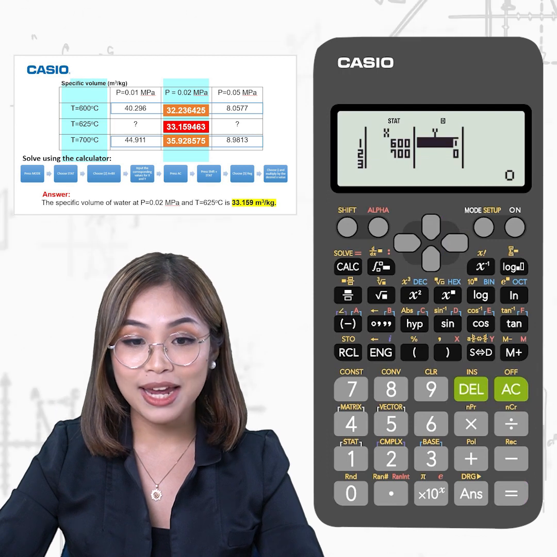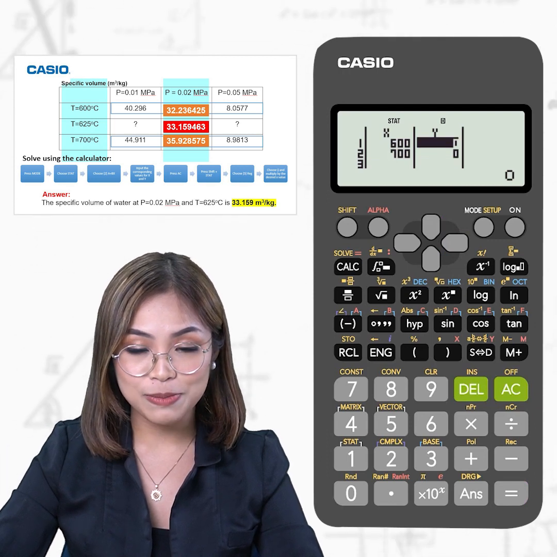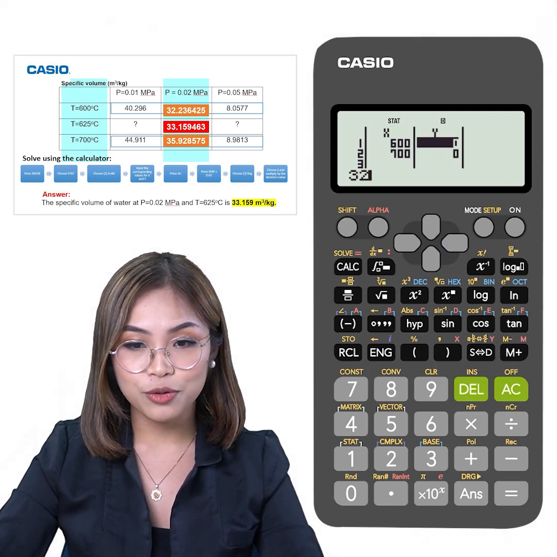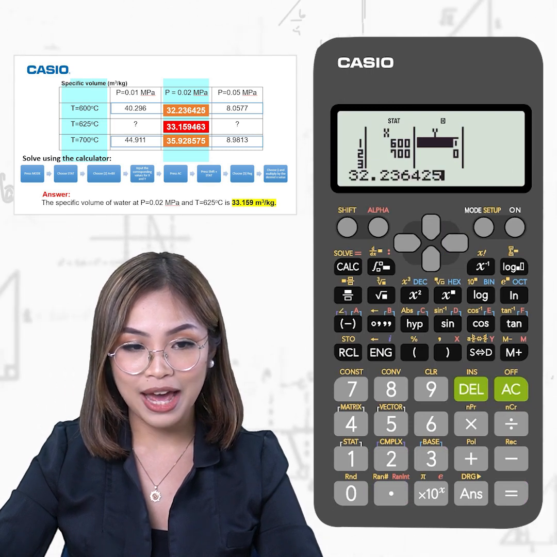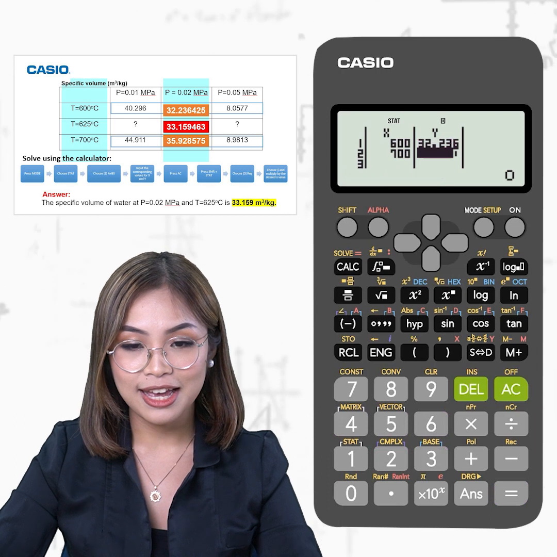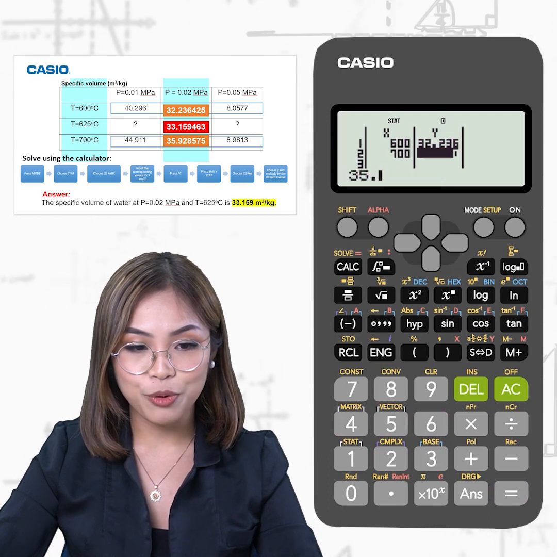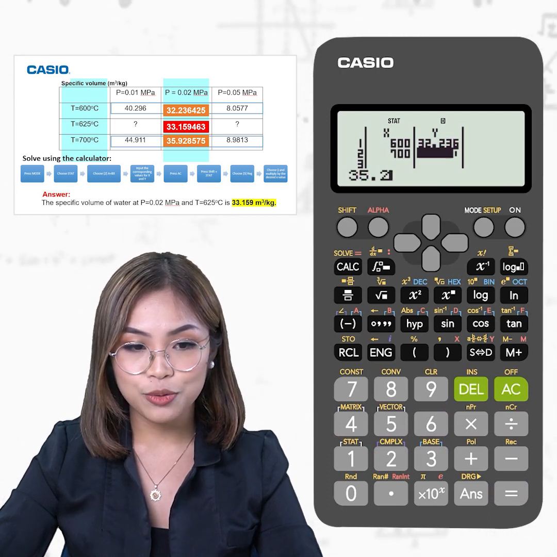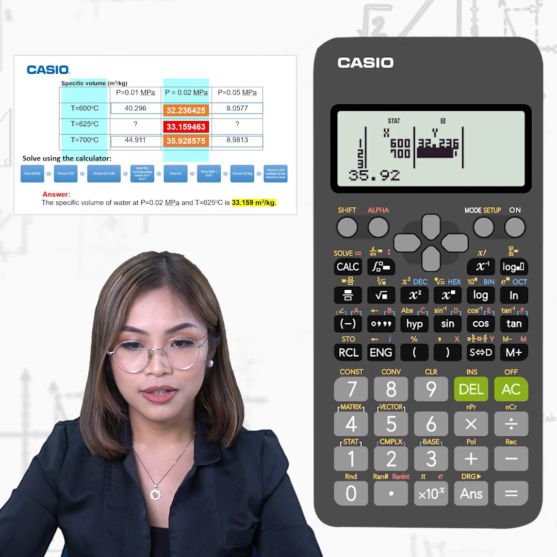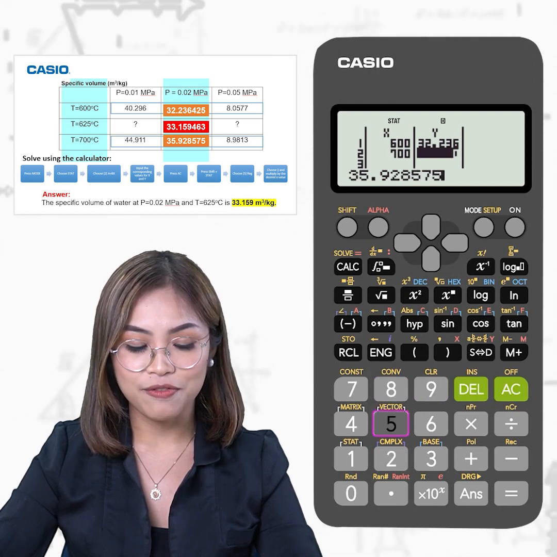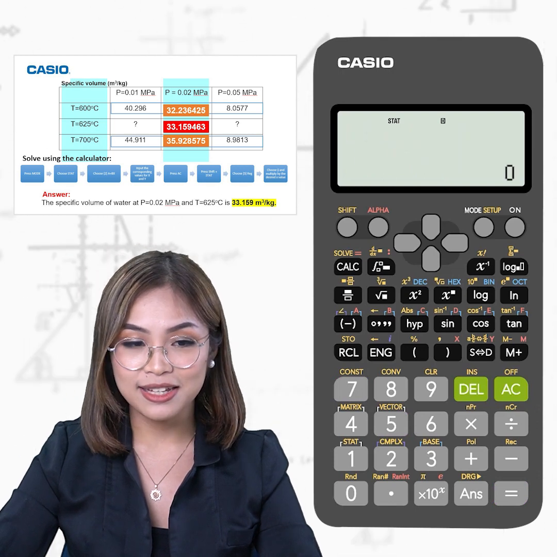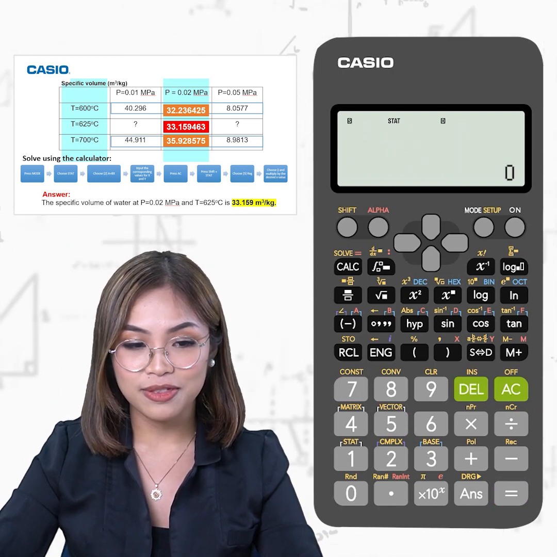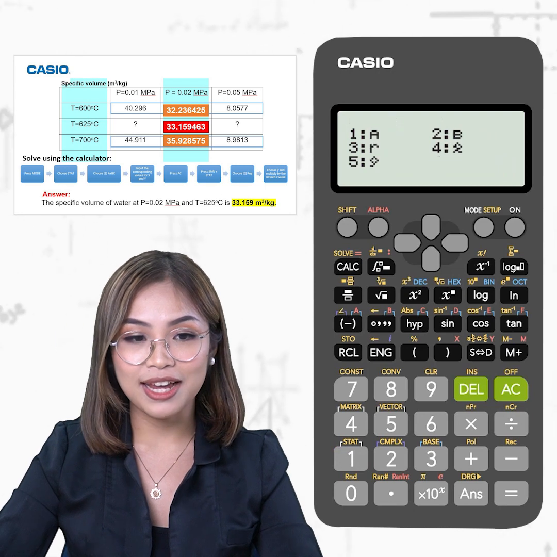And let's go to Y. So we have our corresponding values, 32.236425 for 600 and 35.928575, equals, and then press AC, and then after that press Shift and Stat, select 5 Reg, and then choose